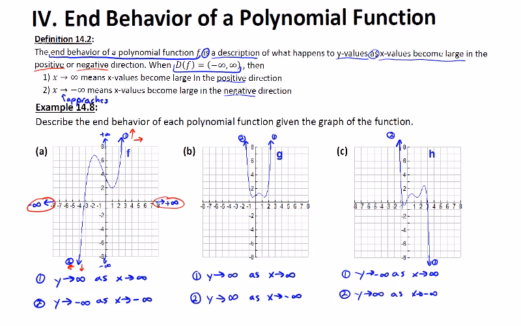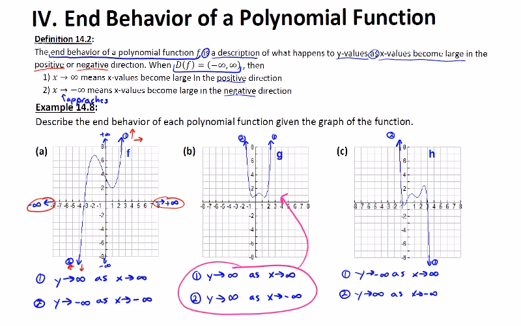Now what we've done here is taken the picture of a graph, and we have written statements about the end behavior from looking at the graph. But ideally, what we would like to be able to do is just look at the equation and then use the equation to be able to write the two limit statements, or the two end behavior statements. And then the end behavior statements would eventually help us with the graph. So we don't want it to be graph turns into end behavior statements. We want it to be end behavior statements turn into the graph. So for example,